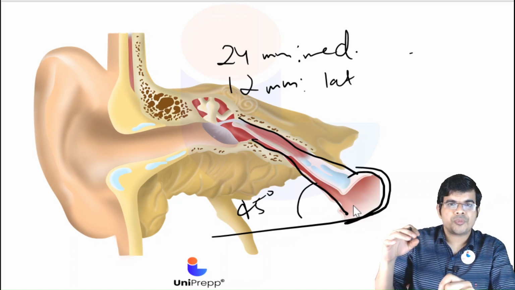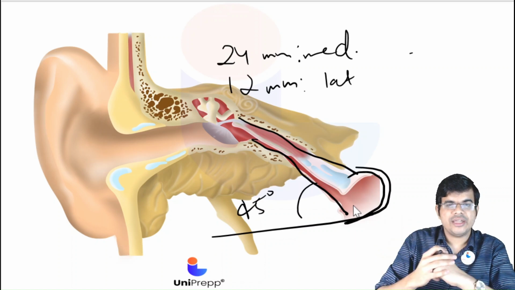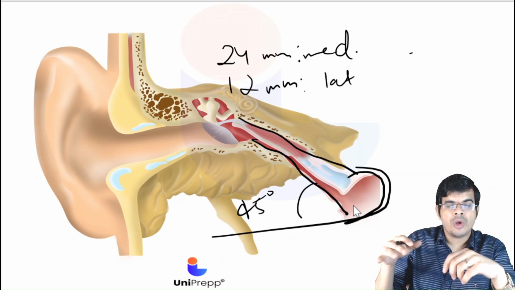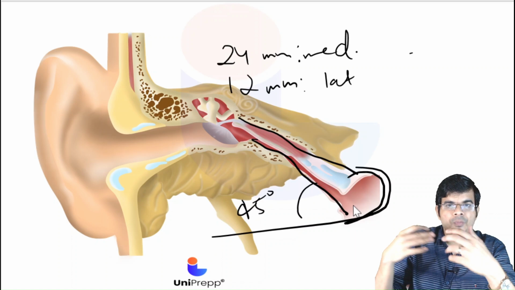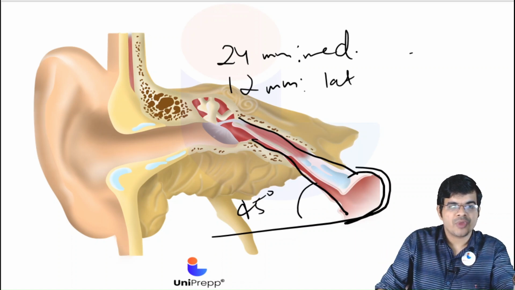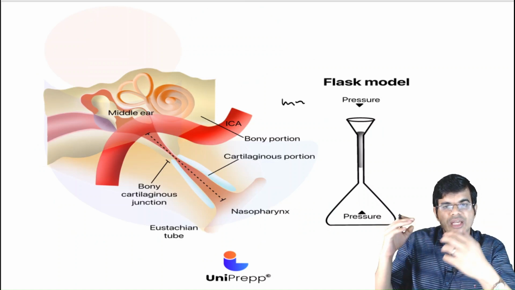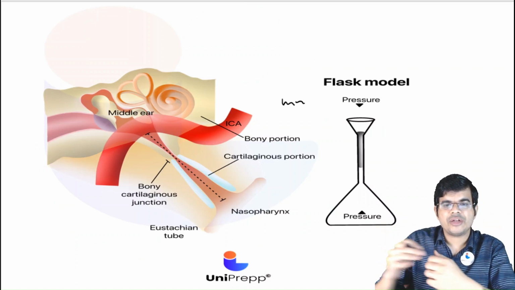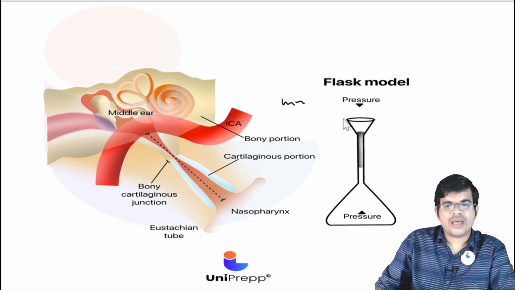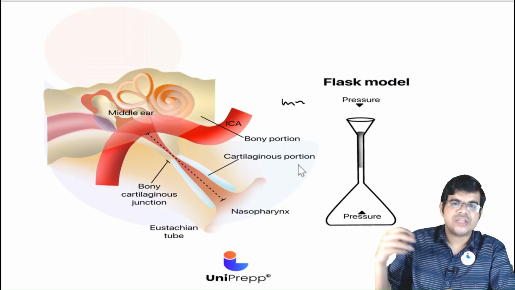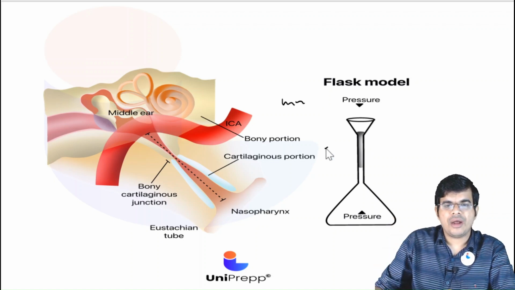So most of the time it remains closed and it is open only during certain conditions. We will be going to that soon, but before that I would like to detail the anatomy of the eustachian tube. I told you that it has got a bony part as well as a cartilaginous part, and it is similar to that of a flask. As you see here, it has got a dilated part and a not that much dilated area, and this cartilaginous part is seen embedded between the